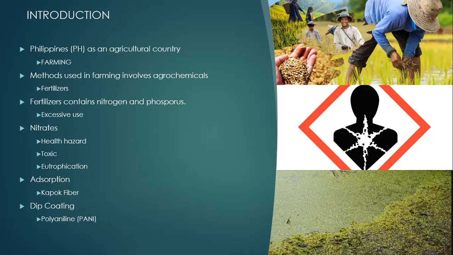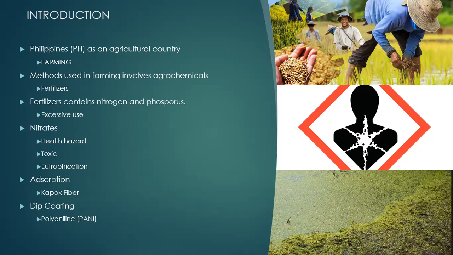Okay po. So, noted. Farming methods involves fertilizers, and fertilizers, they contain nitrogen and phosphorus. So, you can say na lang, kahit tanggalin yung excessive use, you can just put sa notes na since if there's excessive use in fertilizer, then in an agricultural country, then basically when it rains, mapupunta siya sa mga ilog o mapupunta siya sa groundwater natin. Magli-leach out siya. Opo. So, I am thinking na you can also include nitrates. So, fertilizers contains nitrogen and phosphorus. So, yung nitrates,